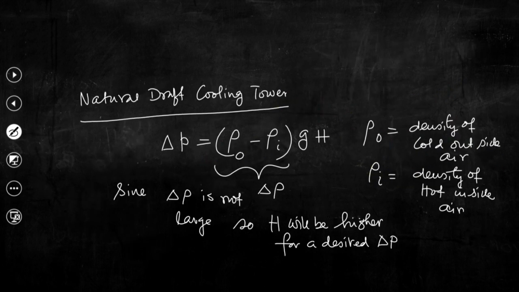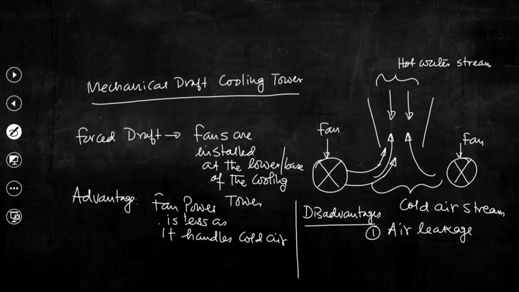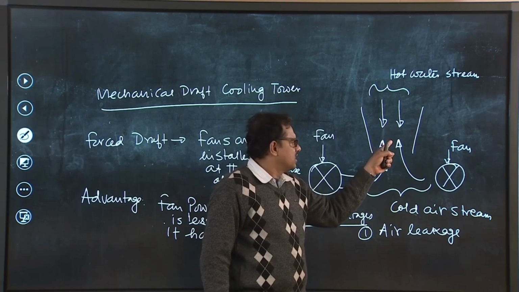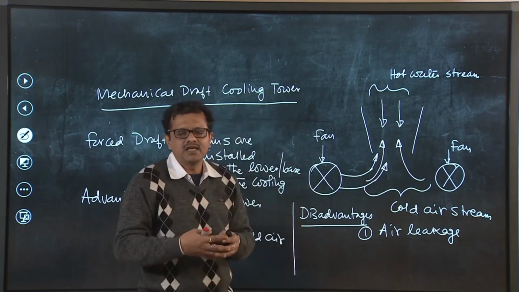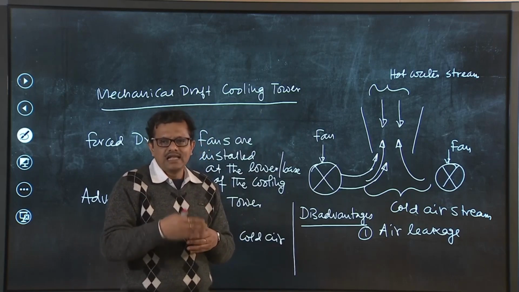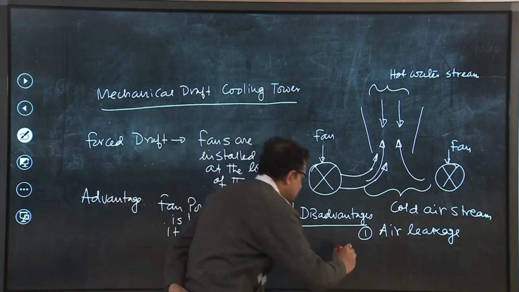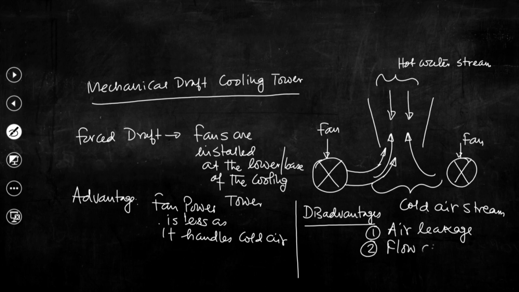Now, what would be another disadvantage? That air is forcefully blown through this tower. So, there will be channeling of flow, because the natural tendency of the air should be to follow a path having less resistance, and that is known as flow channeling. Right. So, basically this air which is having high velocity will flow against gravity, and that too through a special arrangement, that is the fill structure. So, that air will try to follow a path which is having less resistance,